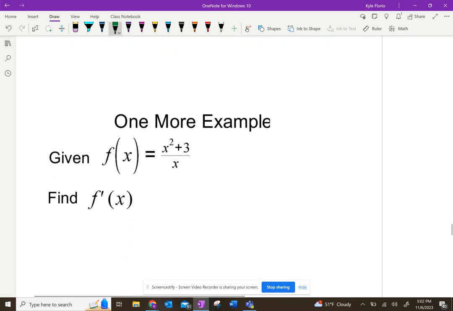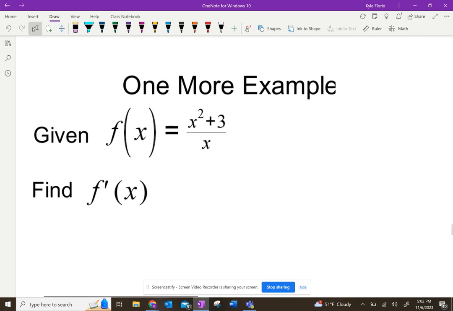So another example where we want to rewrite it first. This is going to come up more often. A mistake that most people make on this type of problem is when I ask you to find the derivative and you feel comfortable with the power rule, you just want to take the derivative of the top, which the derivative of x squared is 2x and the derivative of 3 is 0. Then the derivative of the bottom, which the derivative of x is just going to be 1,